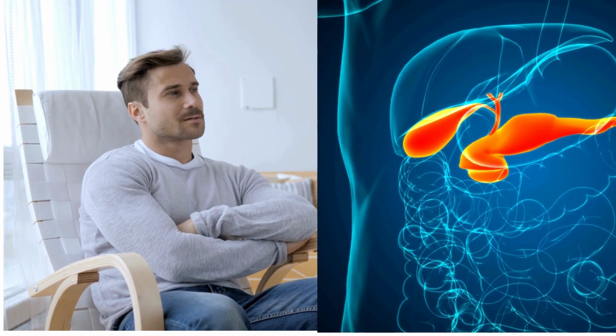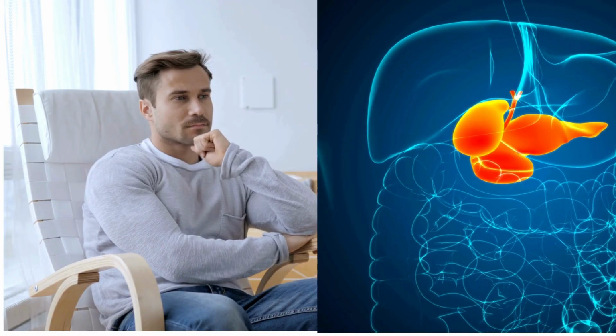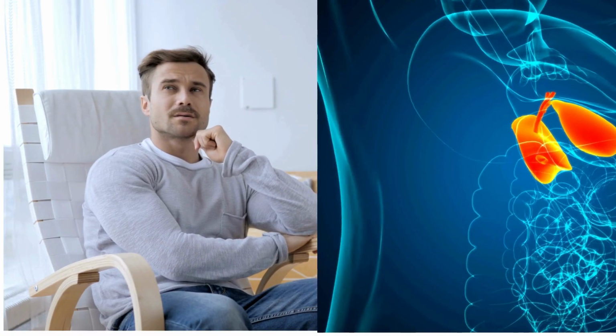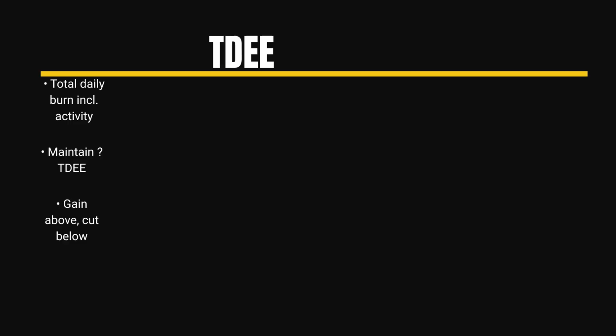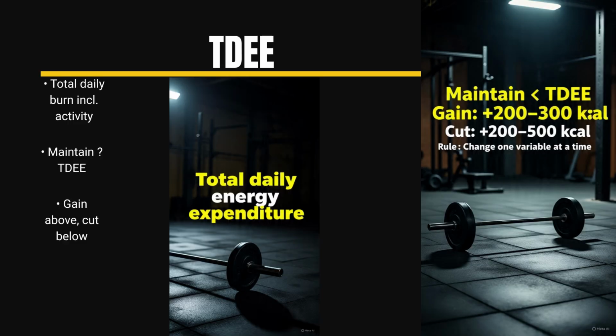It is context for intake. If your BMR is around 1,700 calories, your daily target for strength will be higher once you add activity. TDEE, total daily energy expenditure, BMR plus activity, training and the cost of digestion. If your TDEE is around 2,600 calories, eating near that maintains weight. Higher for gaining, lower for cutting.